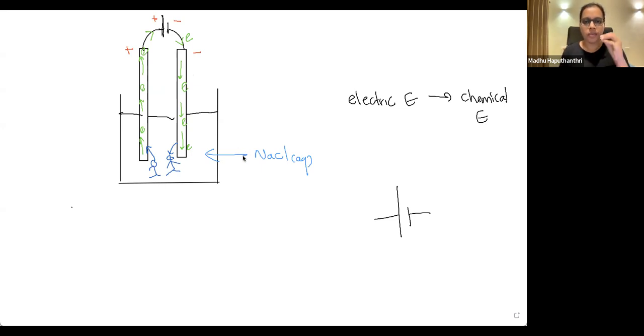So we can logically understand: if this species is accepting electrons, what is the reaction happening there? Accepting electrons means it's a reduction. Reduction is happening at that. If someone is releasing electrons, what is that? Oxidation. So it's not nice for me to keep two human beings there. We will switch to the appropriate chemical species.